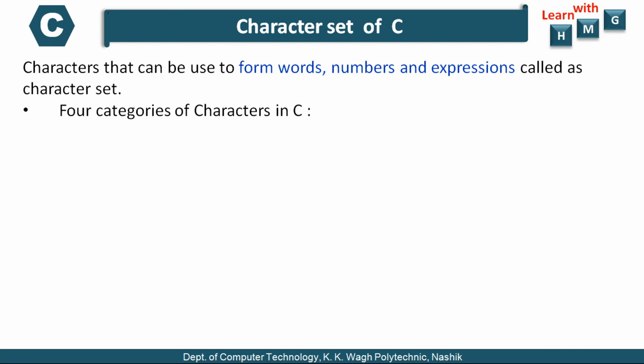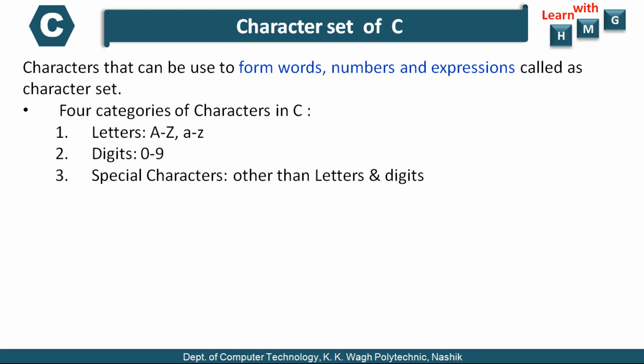There are four categories of characters in C. The first category is letters, in which you can use uppercase and lowercase letters. The second category is digits; there are 10 digits, 0 to 9. The third category is special characters. These are the characters other than letters and digits, such as arithmetic symbols: plus, minus, asterisk, slash, then